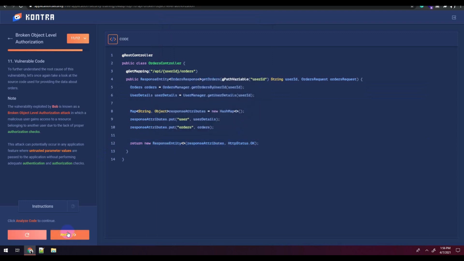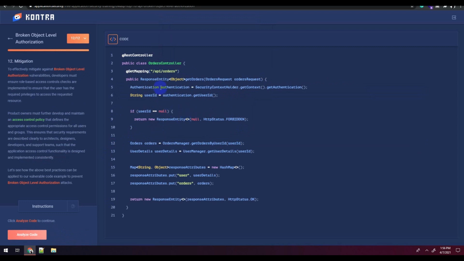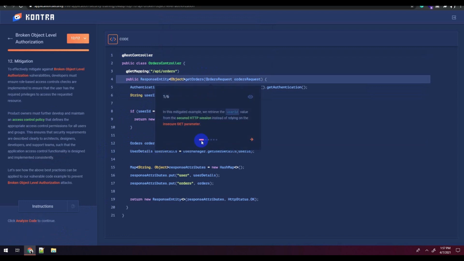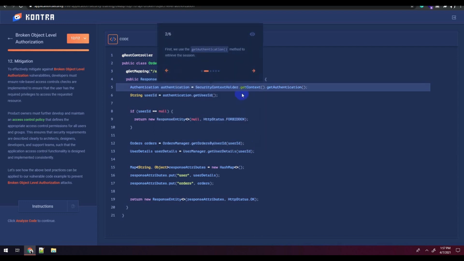Now let's have a look at the mitigation. This code looks really great because it is basically checking the user id value from the current session. Even if you try to modify it, if the parameter is not visible itself, how will you modify it? That's why you stop the IDOR right there. Also you can see that we are performing get authentication to check whether the user is authenticated or not.